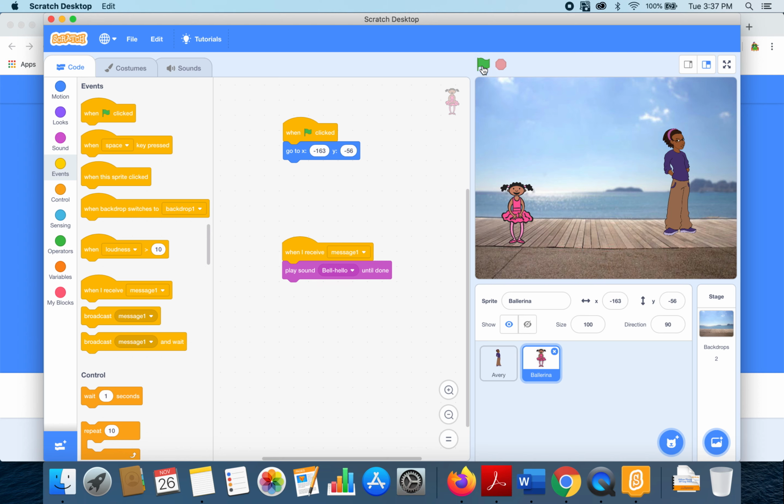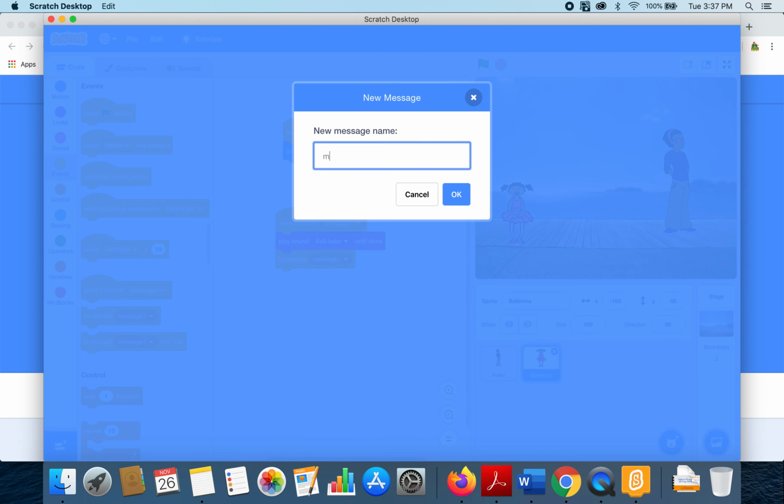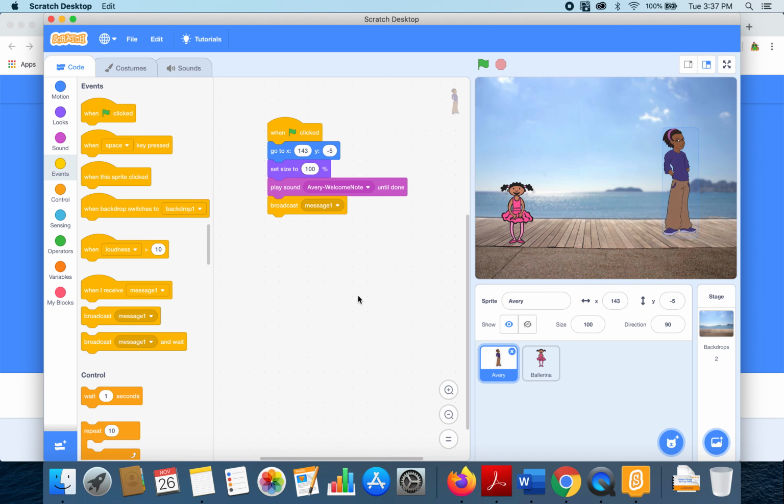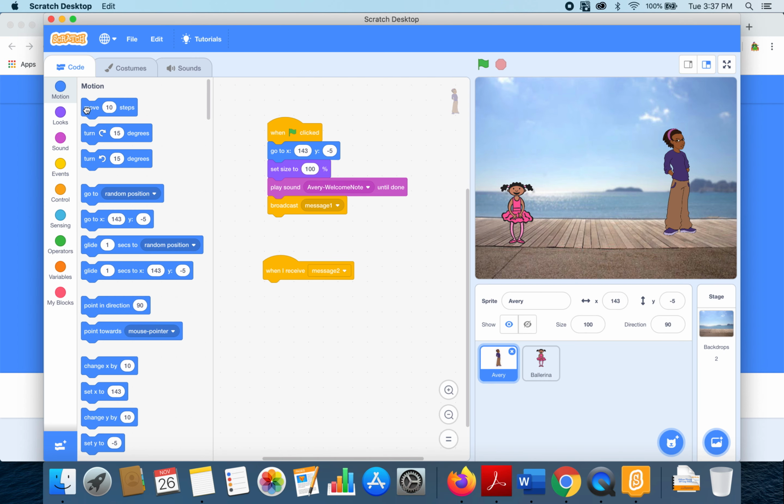Yeah, so that's pretty much our story. And now you have to continue, so there are 10 dialogues between them. So basically, every time Ballerina has finished saying her dialogue, she broadcasts a message, this time message 2. And now Avery is going to receive message 2. And let's see, she moves